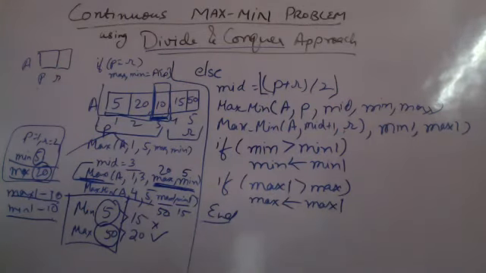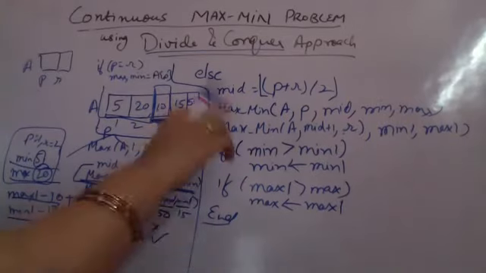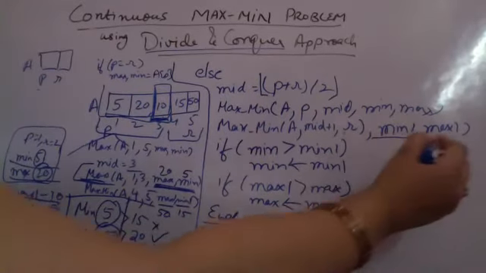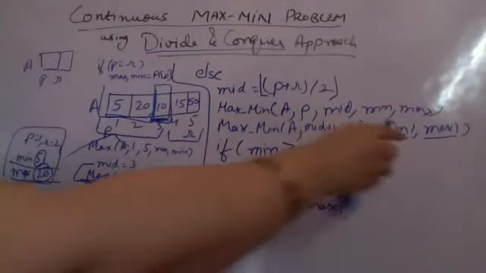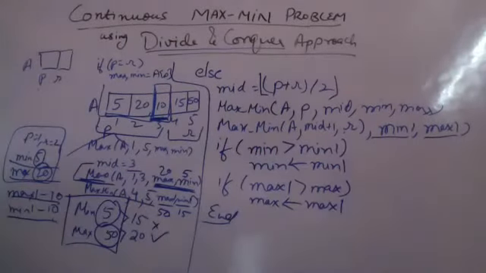You are not understanding the point. I am not initializing max 1 and min 1 anywhere. This is an algorithm. So these values will be returned. जो भी max और min यहाँ से return होगा, वो values इन दोनों में आ जाएंगी. ओके मैम, मतलब जब हम कर रहे हैं तो हमने क्रिएट कर दिया. ठीक है, ठीक है. Is it now clear to all of you? यस मैम, यस मैम.